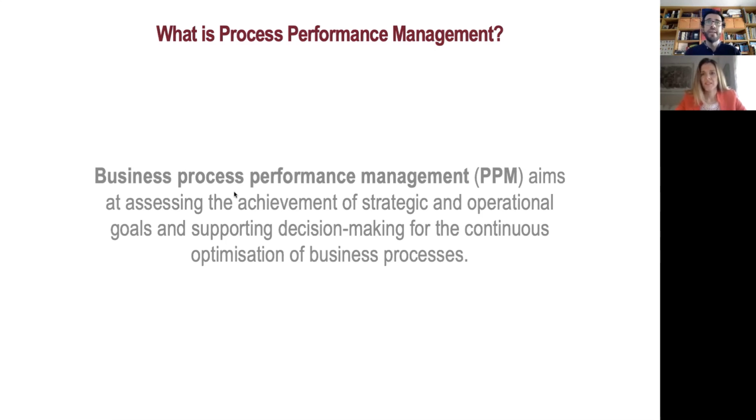On the one hand, it intends to evaluate whether the processes are being executed in a successful way, attending to some performance goals. And on the other hand, it also aims at supporting the optimization of such processes in order to improve their performance. There are many process performance management methodologies like Lean Management or Six Sigma that can help